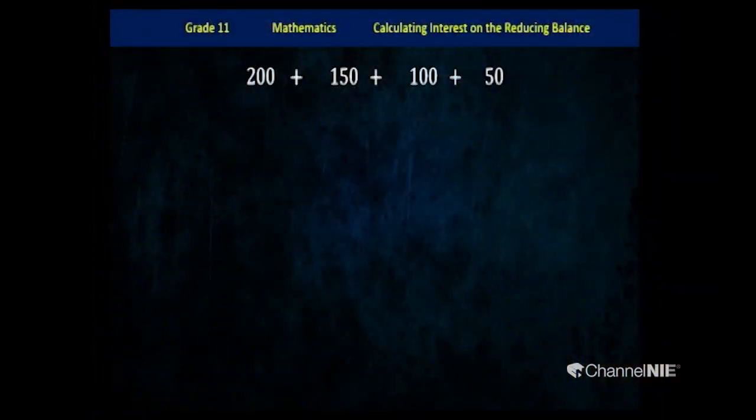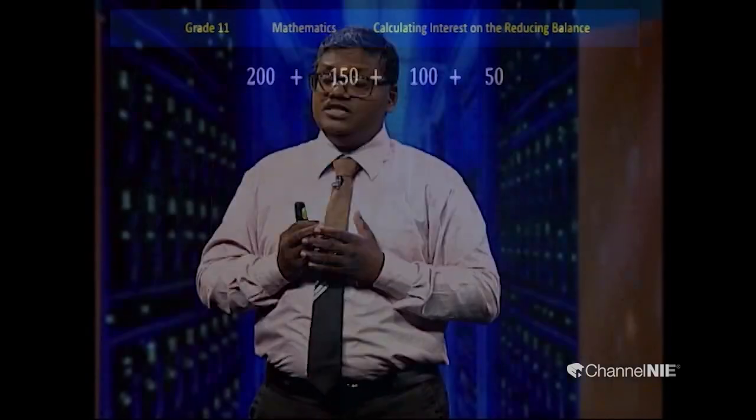But in this question, this 200 plus 150 plus 100 plus 50 is the problem, because if you buy a vehicle, you have to pay it over about 5 years. 5 years means how many months? 12 times 5, 60 months. What will happen if you try to calculate like this? First month, second month, third month, fourth month until 60. It is a very tiresome job. Therefore, we have to use some short method to calculate the total interest. That is the thing we are going to study in this lesson.